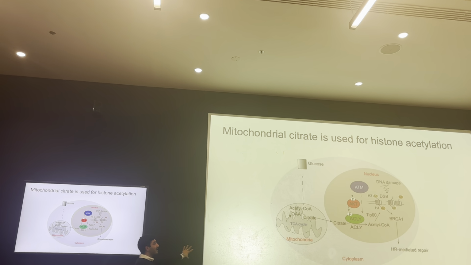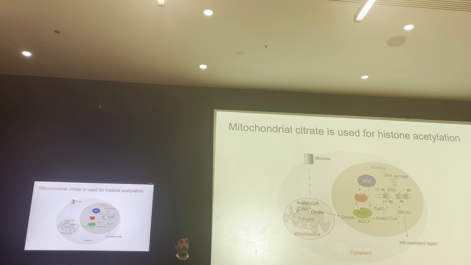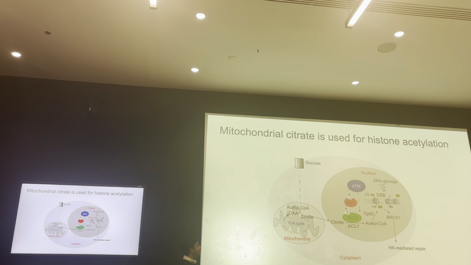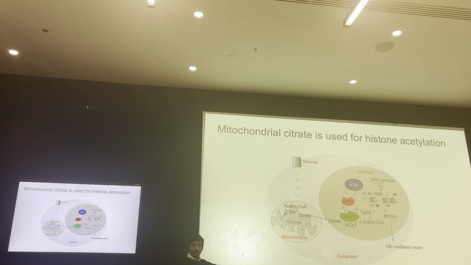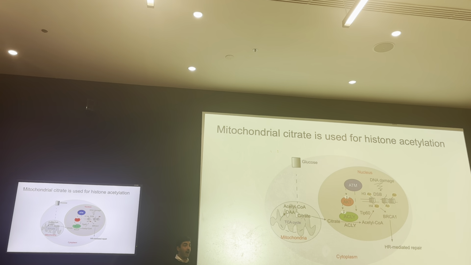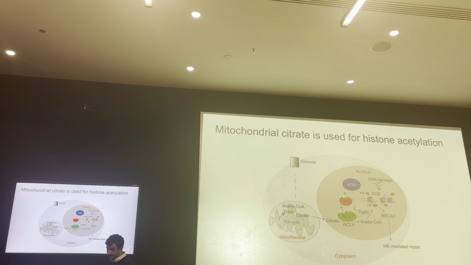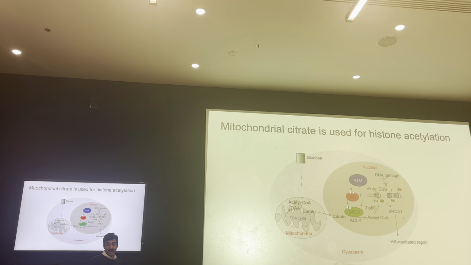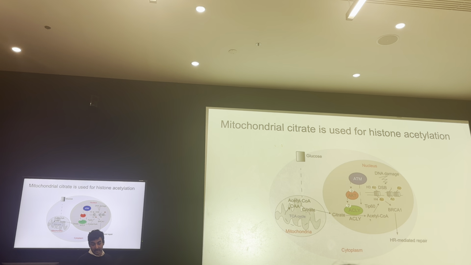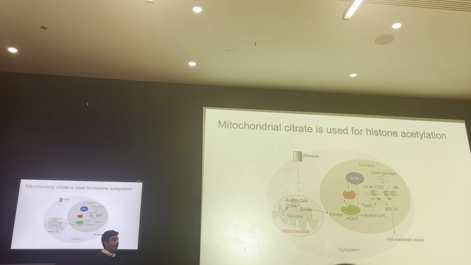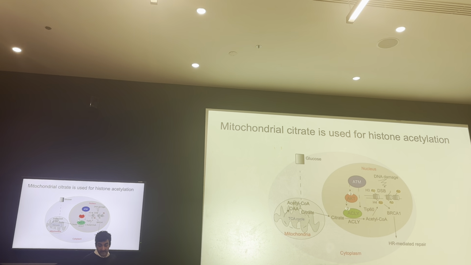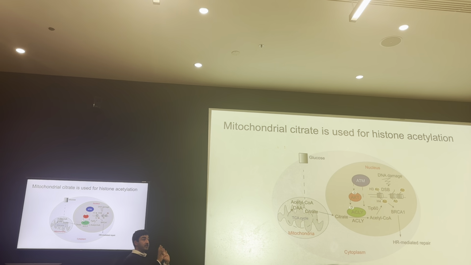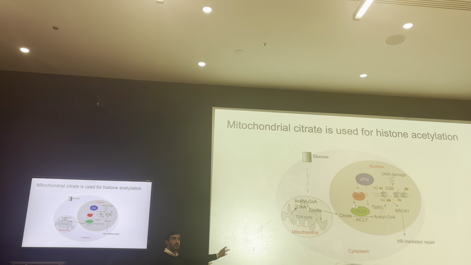But you have the generation of your acetyl-CoA molecule, and you are cleaving it off from your citrate molecule, right? Think citrate, think 6 carbons, right? And your CoA. So you cleave it off, and via acetyl-CoA lyase, you're cleaving off that acetyl-CoA, which can then be used directly in your histone acetylation, right? But this is now establishing the relationship between these mitochondrial transporters and actually what can happen in the nucleus,